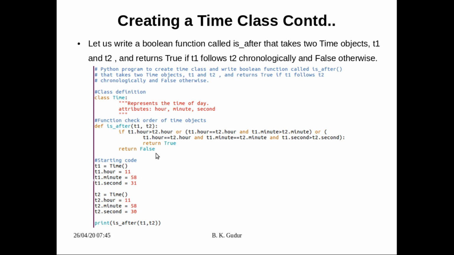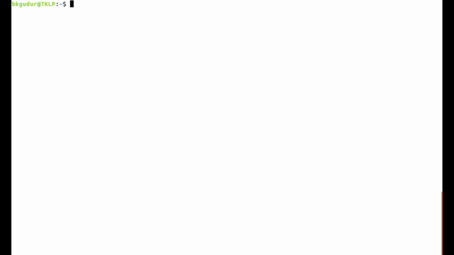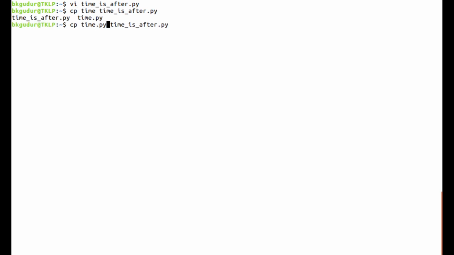Before we proceed further, let us execute this program and see the result. I call this vi time_is_after.py. Instead of typing everything, I am going to copy the previous one, time.py.